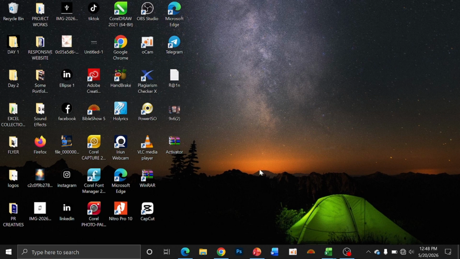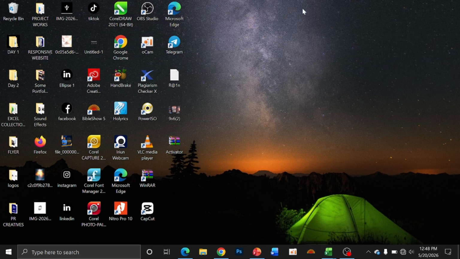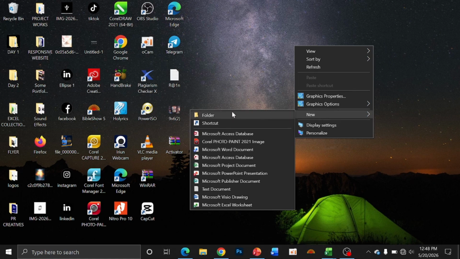So to create a folder, you have to right click any empty space. This is an empty space. Now this is a desktop. This place is called desktop. So right click and go click on new. Just keep your cursor on new. You see this option will come out,